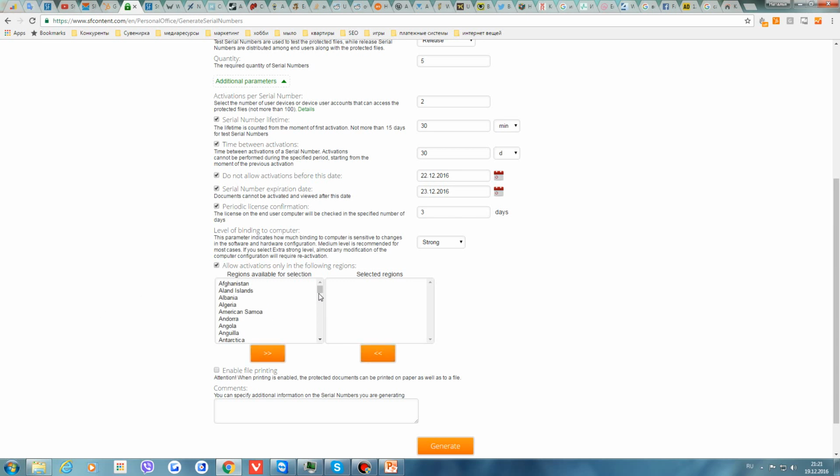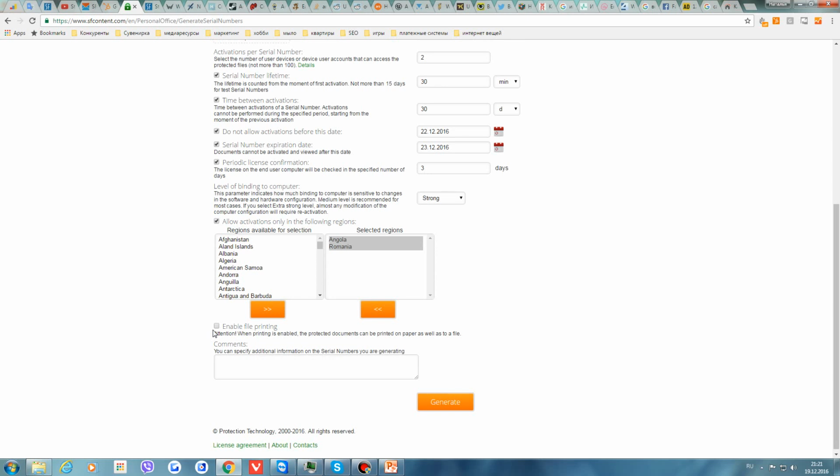Geographical restrictions. You can select what countries you want your content can be viewed, and we can use like this, and so it will work, something like that. And we talk about electronic documents. That is why we can enable file printing.